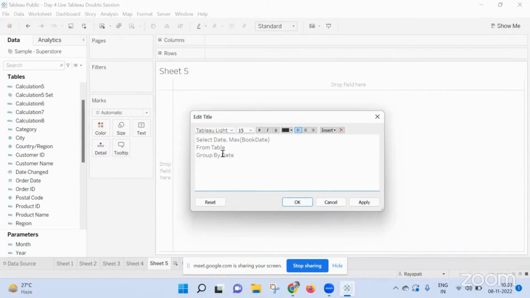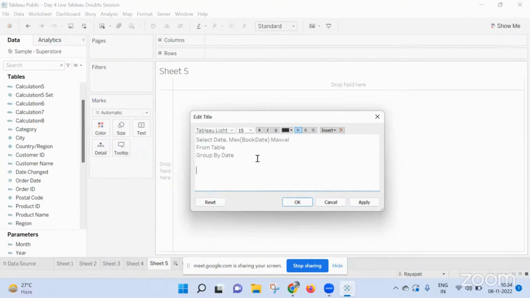Now this is the query for getting that table. Once you get this table, this max book date, I am using something as max val. Now after getting this table and joining with your table and getting this max val column,